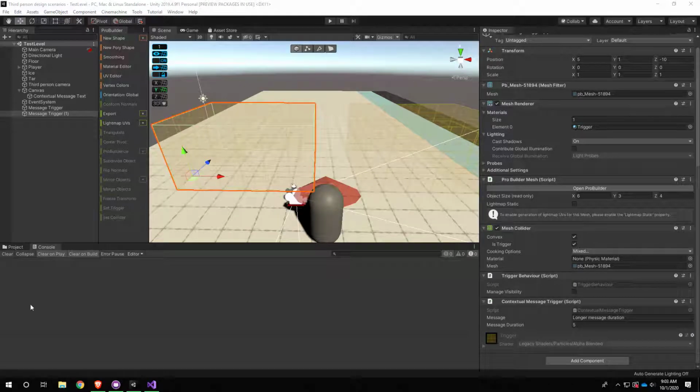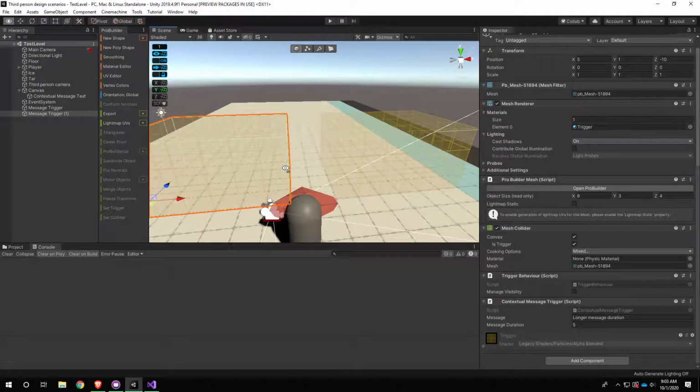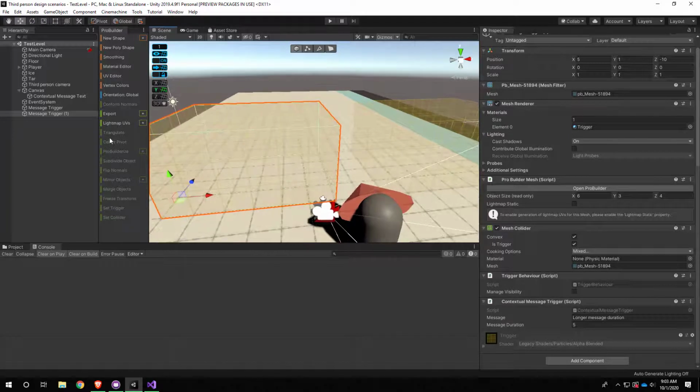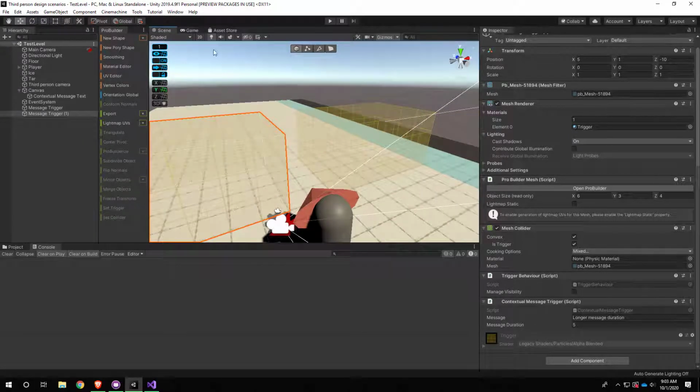All right, so in this video, we've got our event system working. It is correctly showing our contextual messages, and they go away after the duration, but I want to polish it up a little bit. And there's two kind of things that we're going to do. So first is improve the quality of life for our designers a little bit. So the designer is dealing with these little messages in here, and what if they wanted to type like an